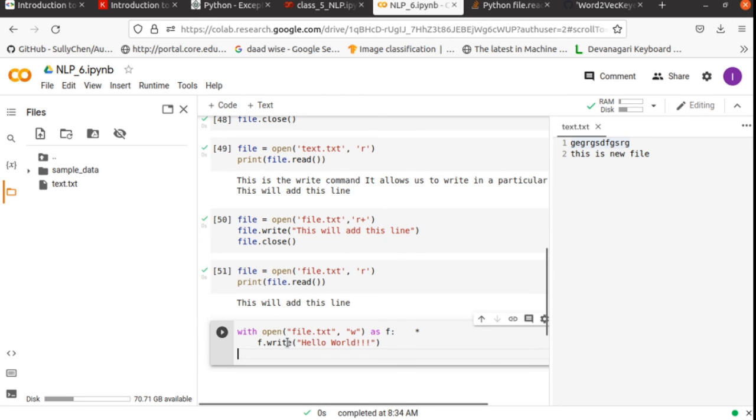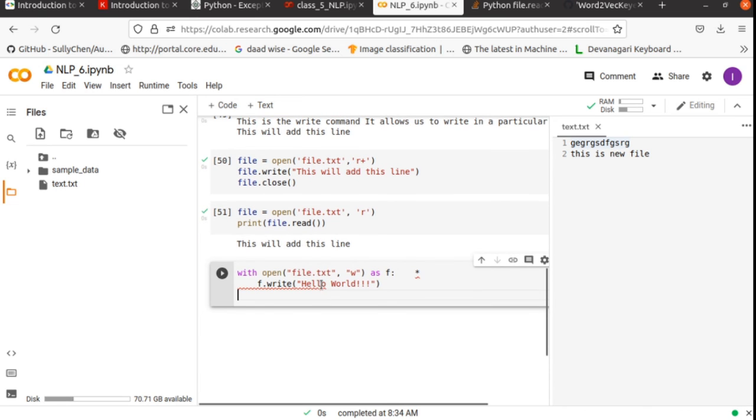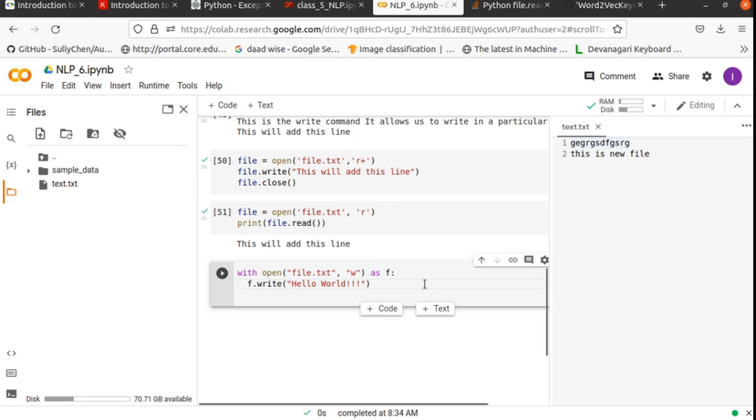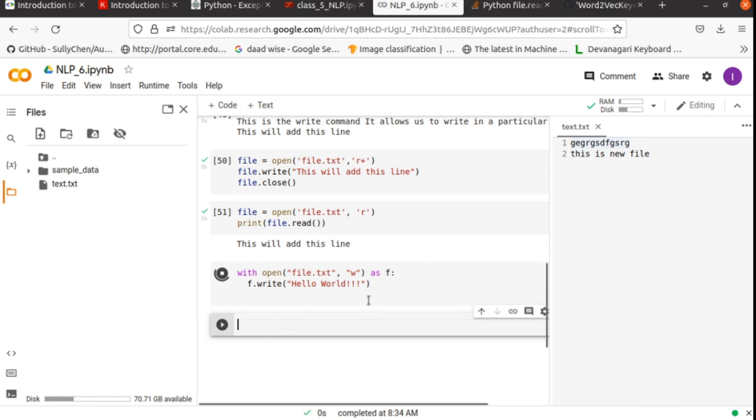So with open, you can write the file name and whatever mode you want, and in which format you want to store it. Then you have stored it in the f variable, and then you could write something here, and you want to read it. So just